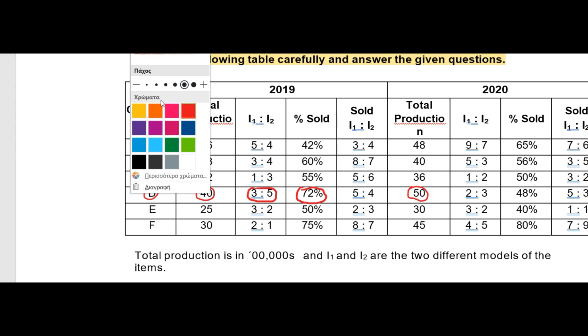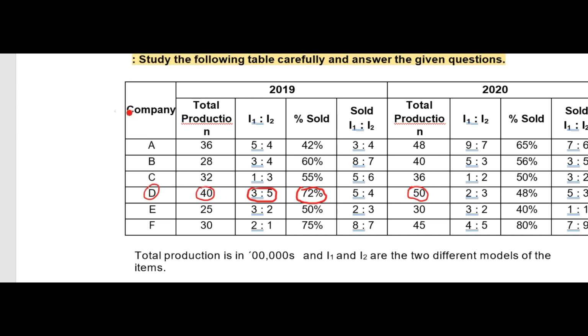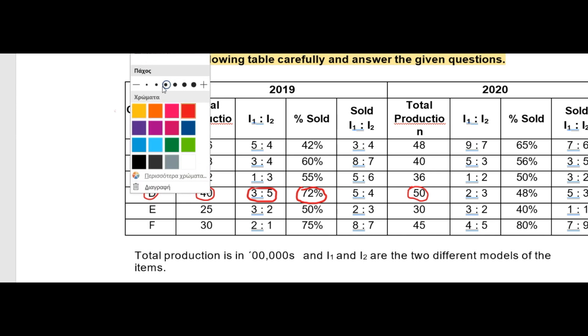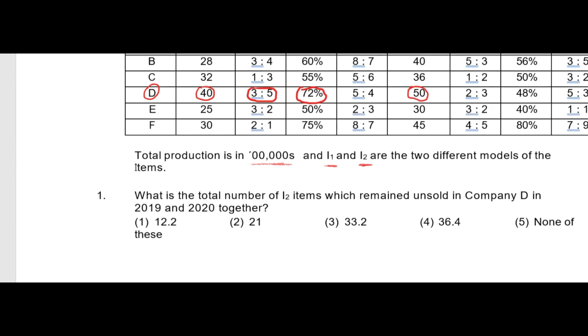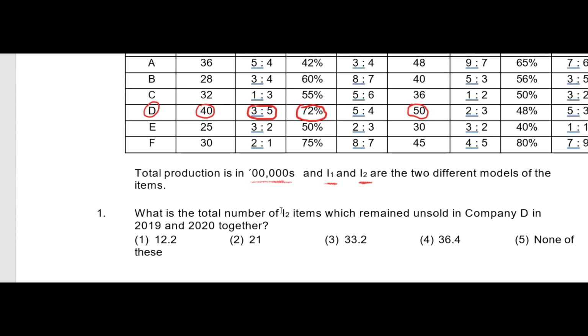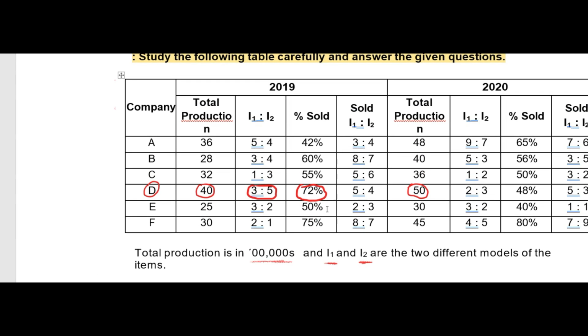Okay, so production is in hundred thousands, and we have two models, I1 and I2, which are the two different models of the items. So the question is, what's the total number of I2 items which remained unsold in company D in 2019 and 2020 together? So take a look at this. For example, let's see